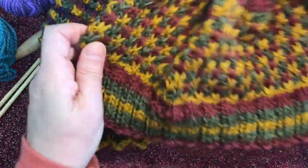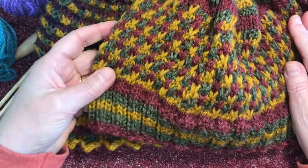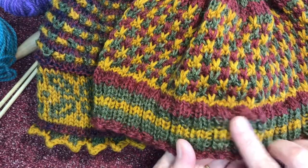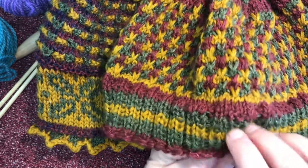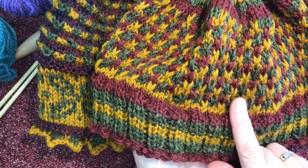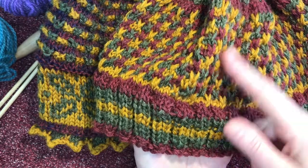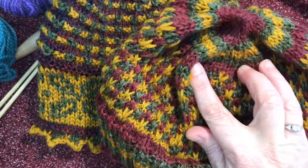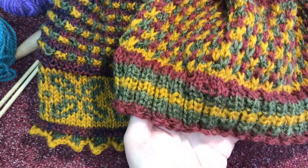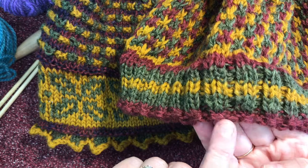So here we go. This is the easy pattern. There's an easy and a hard pattern in the knit-along. This pattern has just plain ribbing, a stitch pattern that is all slip stitches, so you only do one color in a row, even though it looks like the colors are all mixed together, and then plain stockinette stitch with decreases for the crown. The only thing complicated in it is this Bulgarian cast on that I did, fancy cast